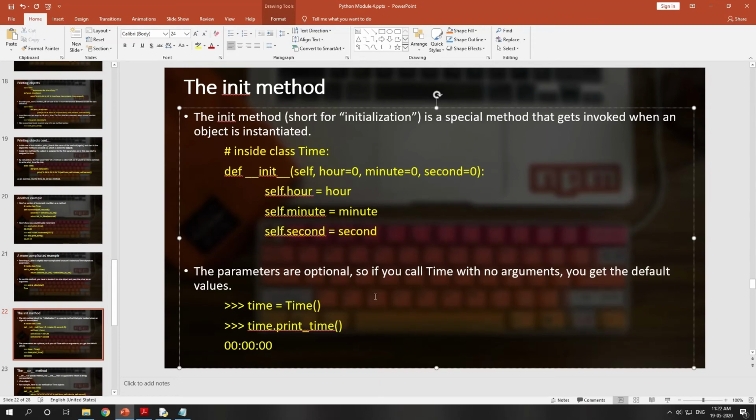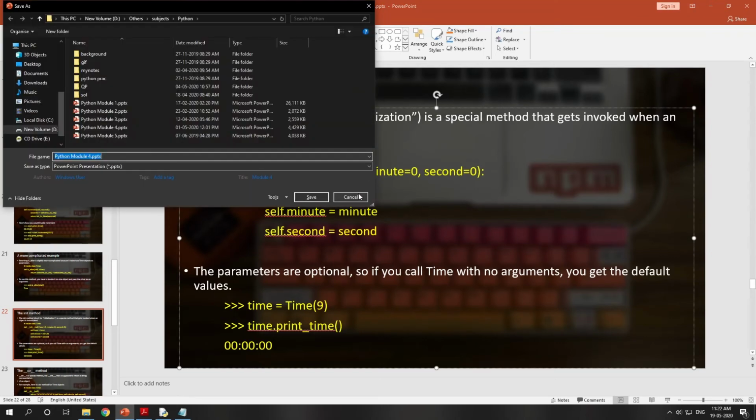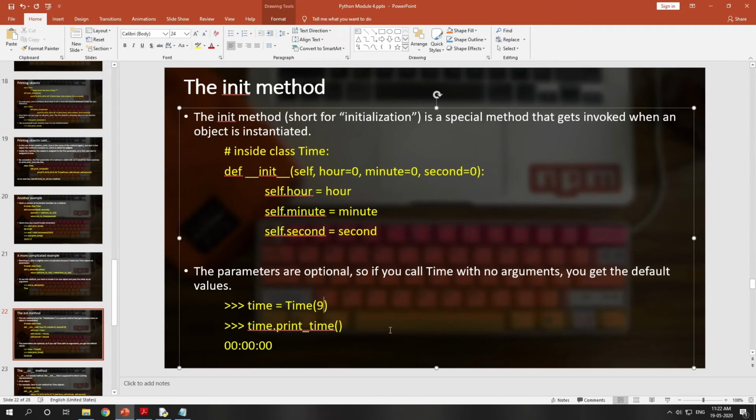If you write just 9, only one parameter, what happens? Time dot hour will be 9 and the default value will be ignored. Time dot minutes will be 0 because we are not passing any value for minutes, and time dot seconds will be 0.